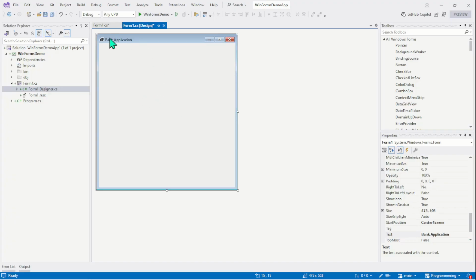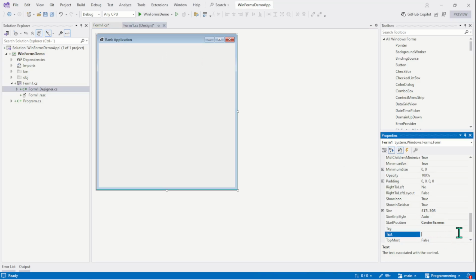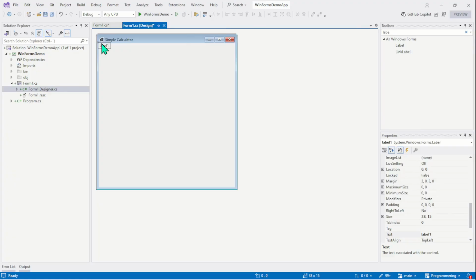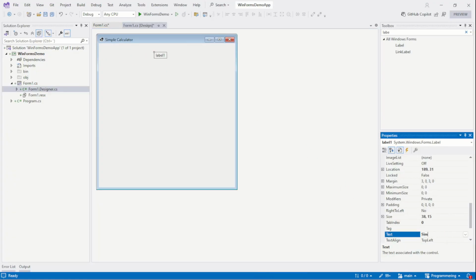This is our form. The title of the form is bank application. If you remember, we set this title a long time ago. So let's remove the title and change it to simple calculator. And now I'm going to drag a label control. Let me just find the label control like this. And here we will put a text, simple